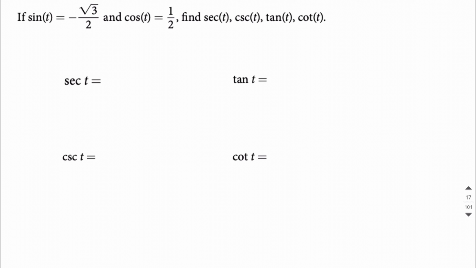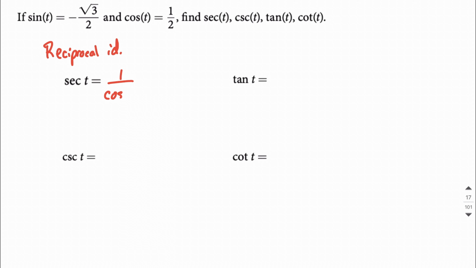In this example, we're given both sine and cosine for some angle t, and we're asked to find secant, cosecant, tangent, and cotangent of that same angle. So this shouldn't be too bad. What we're going to rely on as we go through this is that we really need to know about reciprocal identities. To start out, we want to use that secant of t is the same thing as 1